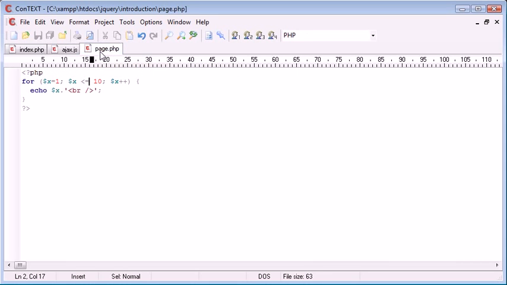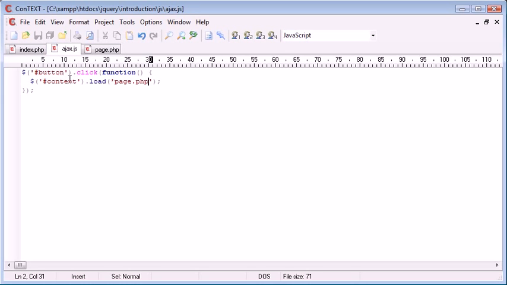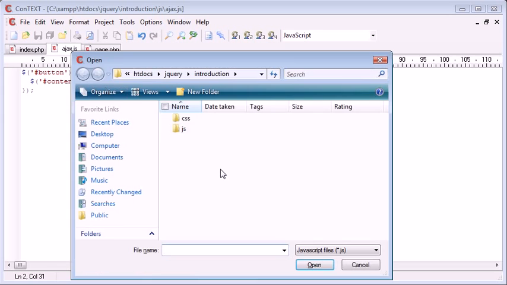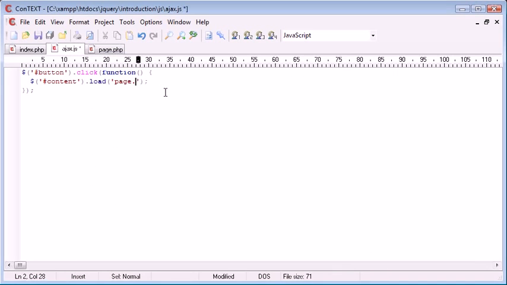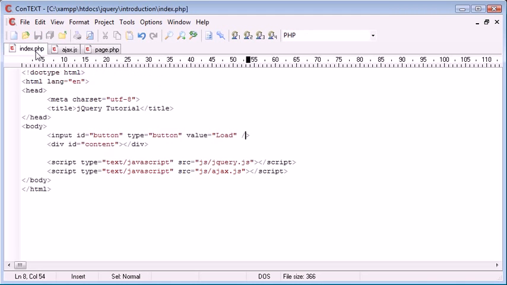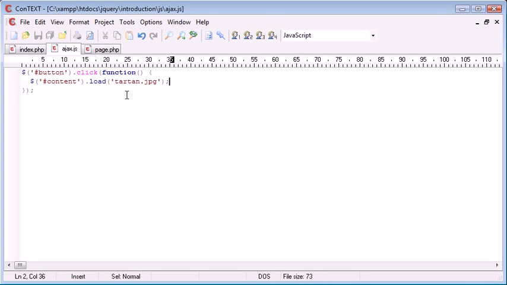our content div. Now you may be thinking, can I go ahead and include image files inside of my content div? For example, if I just open up my directory that I have here, and let's look at all the files, I've got an image called tartan.jpg. So what I'm going to do is attempt to load this into my div directly. So we load tartan.jpg into our content area. Now this would be extremely useful if you wanted to load a file into a content area. However, the problem with this is it's going to load the file contents as opposed to interpret it as an image. What we would need to actually do is